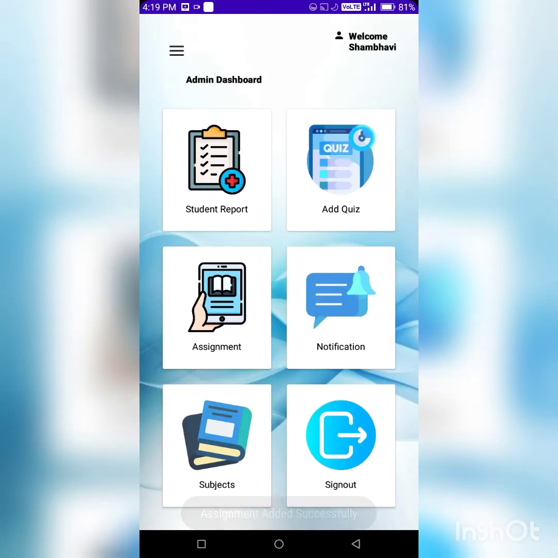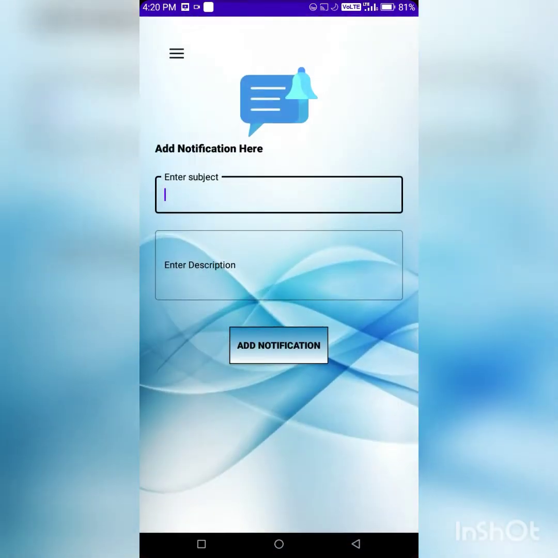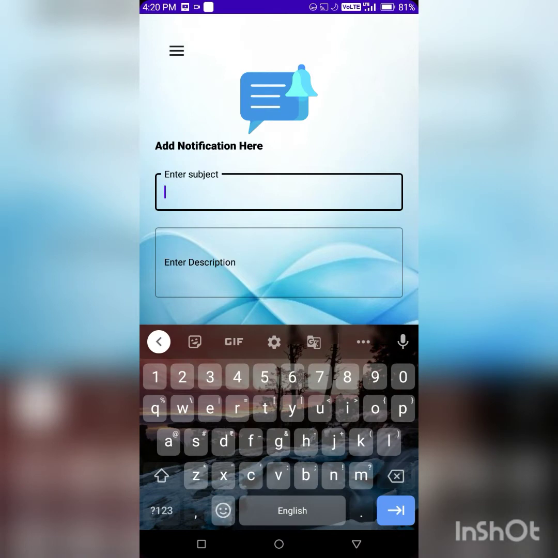And after that, you have to click on the button and you will get the message assignment added successfully.